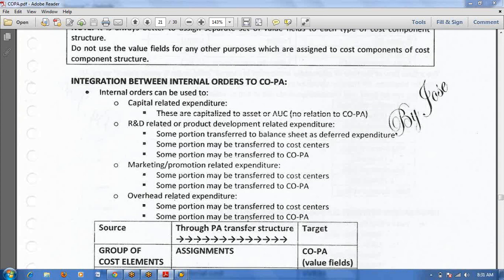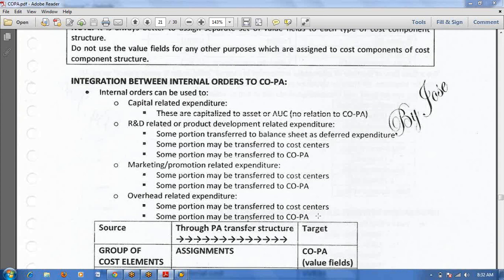Normally internal order to COPA we won't settle. In any specific case, that means if you want to show for particular products, in that case only the settlement receiver is the COPA module. It's a management decision in this case, from internal order to COPA. It's not something we have to transfer as a daily business routine. If management decided this particular portion we have to transfer to COPA, only in that case this internal order cost will transfer to COPA.